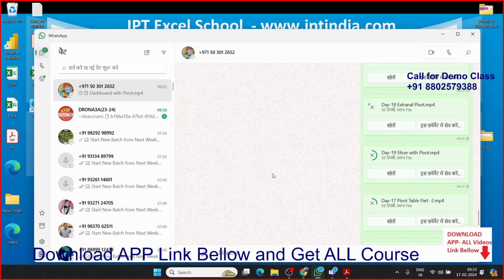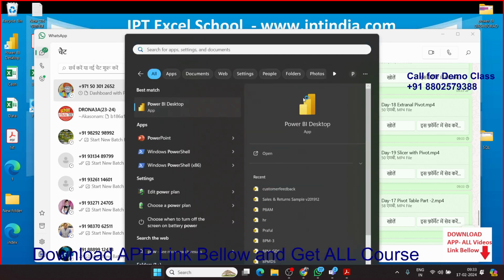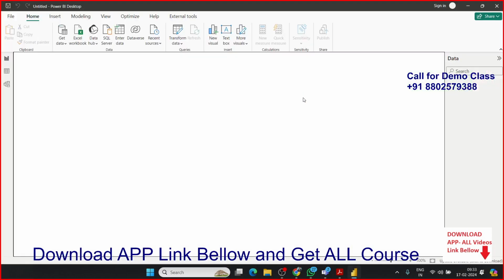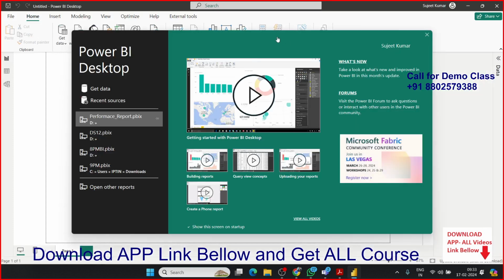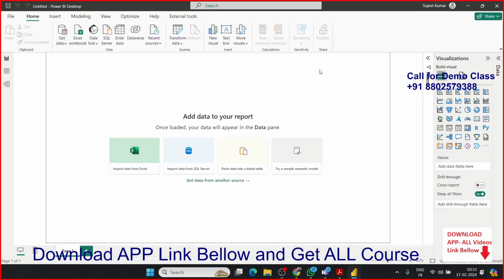Now, when you open Power BI, it takes some time because Power BI is running slow. When you open Power BI, you get a window. If you have logged in to the Power BI desktop version, it shows this video type, but if you have not logged in, it shows the login window. Now we have closed this, and this is Power BI